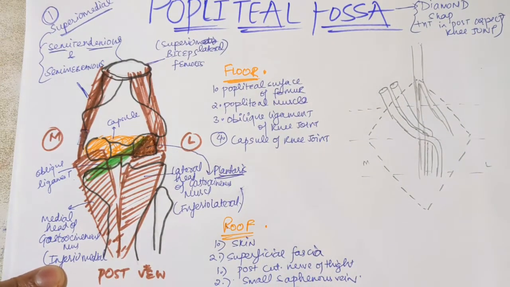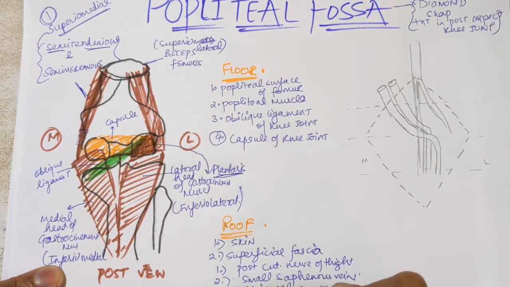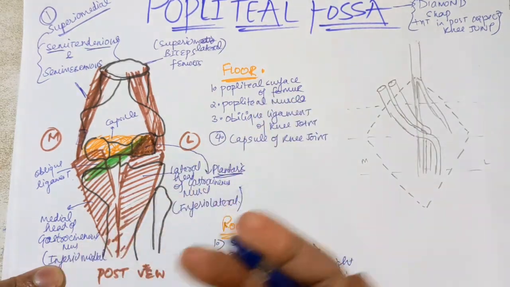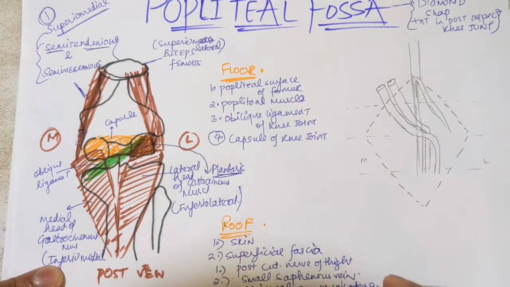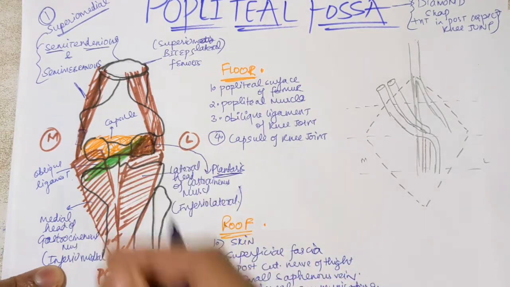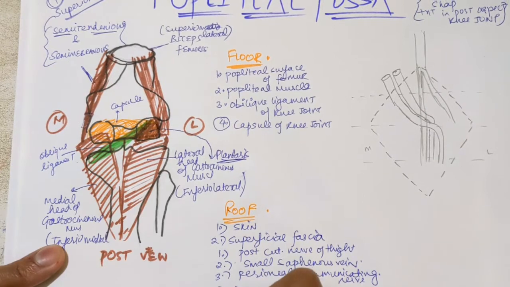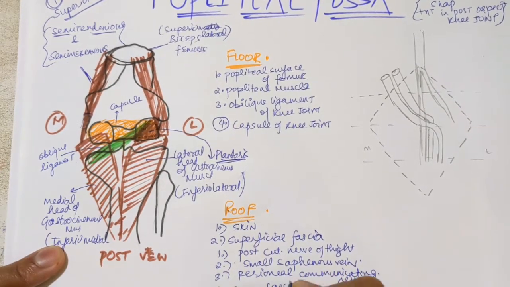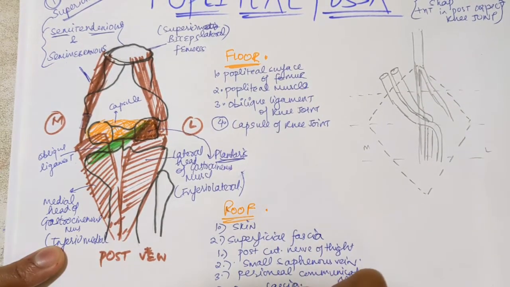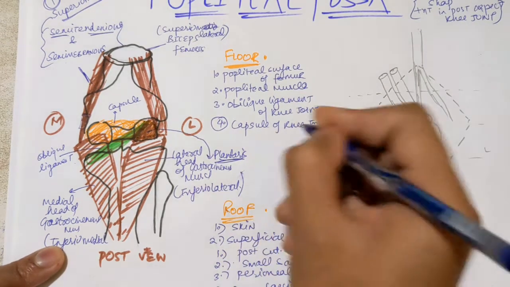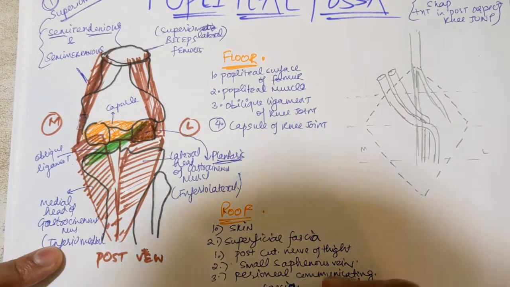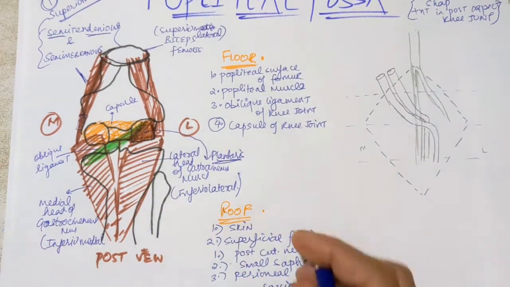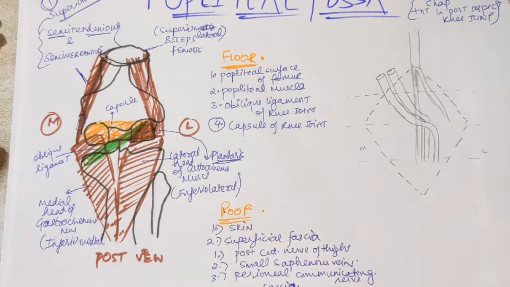You can see a peroneal communicating branch also, which will be coming from the peroneal nerve, which is a division of your sciatic nerve. It is also piercing the superficial fascia. So there will be some short branches piercing the superficial fascia. And third will be your deep fascia, which will be continuing as the fascia of your leg. It is a continuation of the fascia of the leg. So this is the common point you will see everywhere in the section of roof.